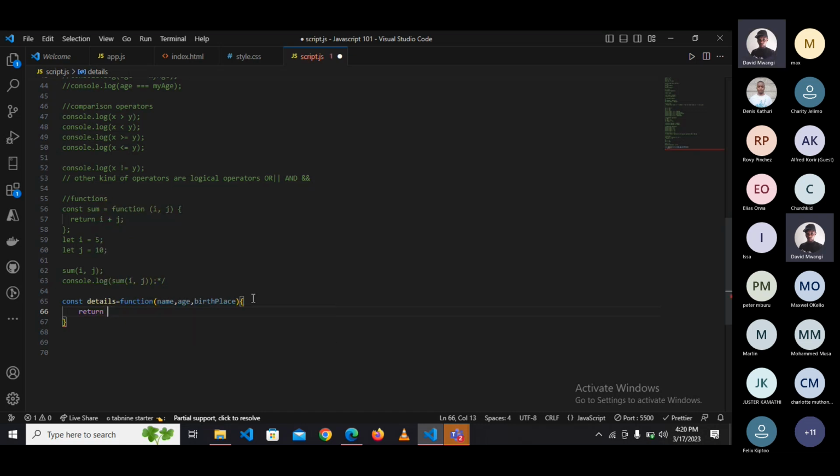So in order to put operations and variable names inside a string, we use something called template literal strings. Those are the backticks. So what we're going to write is called a template literal, and you use the backticks. The backticks on your keyboard are next to the escape key on the left side of your keyboard. So we want to return: my name is